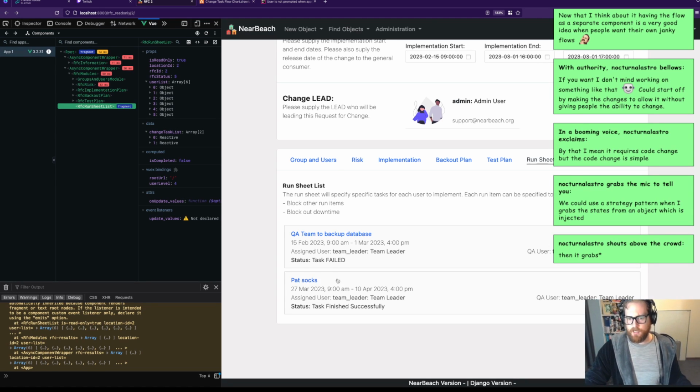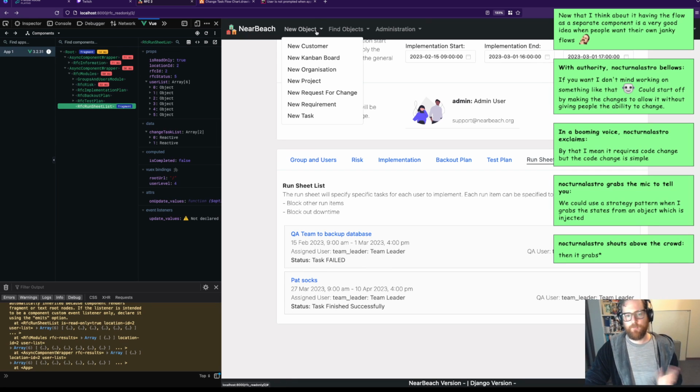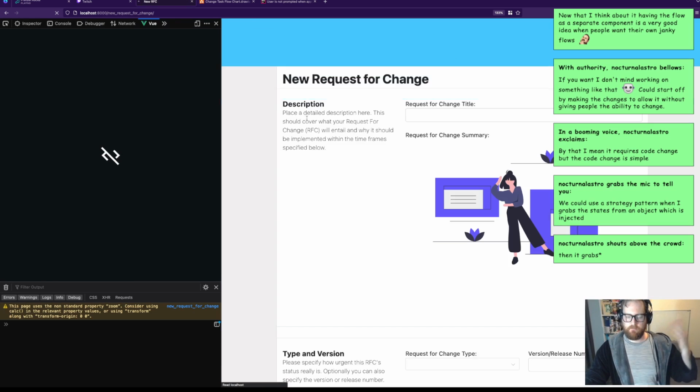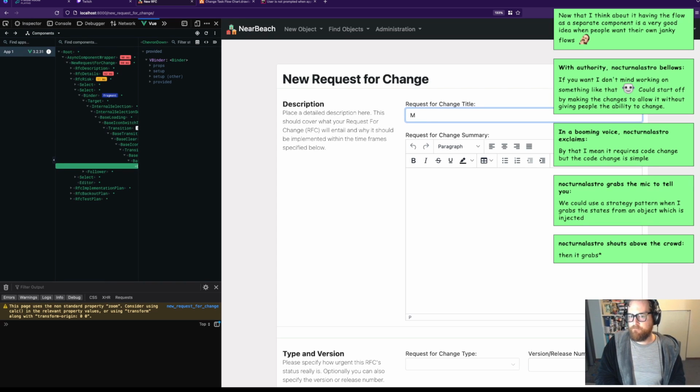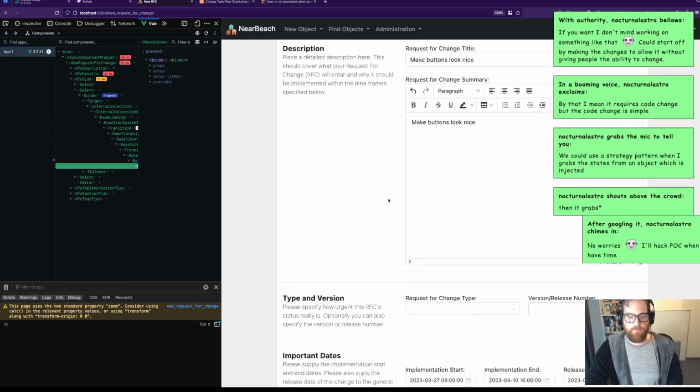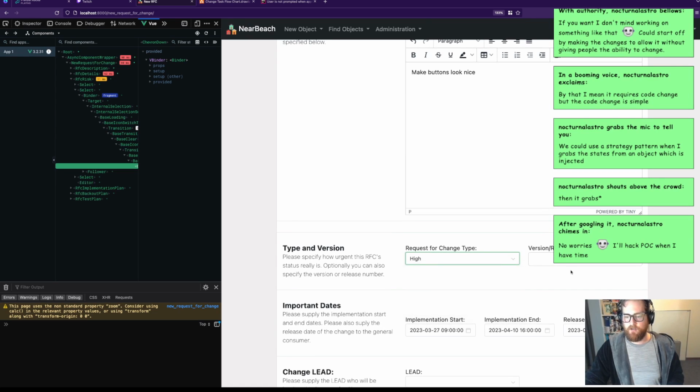Anyway, I'm going to get these buttons up and looking nice. But the problem is I've changed this request for change to close. So let's do make buttons look nice. Let's start a new RFC. So in we go, bang, bang. Let's just go high,